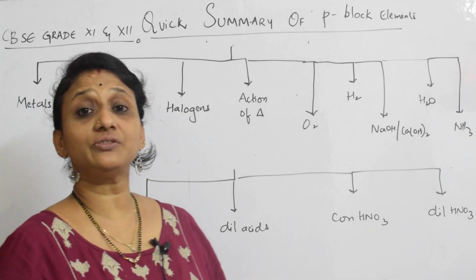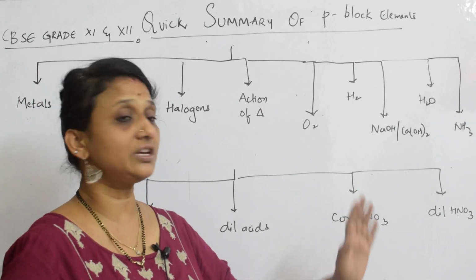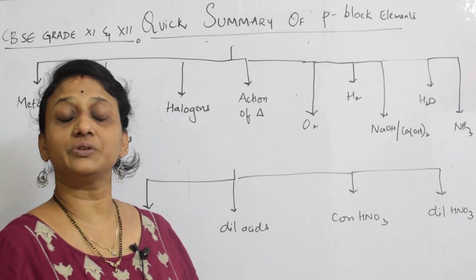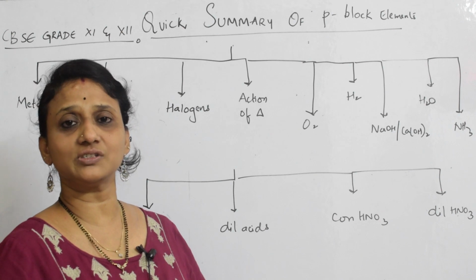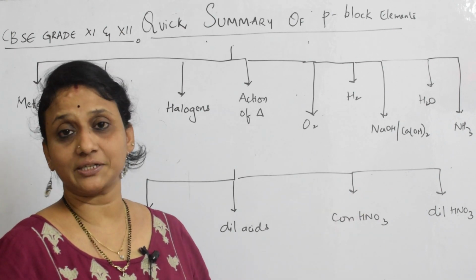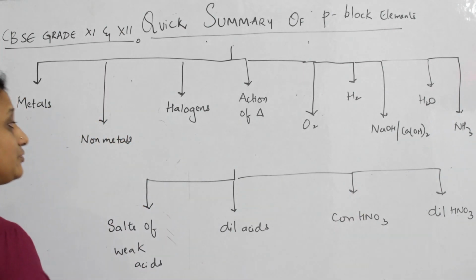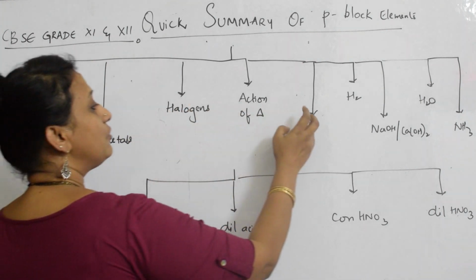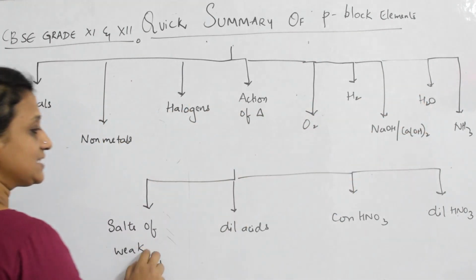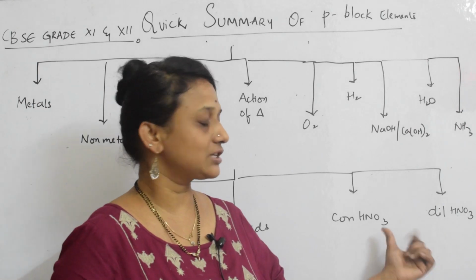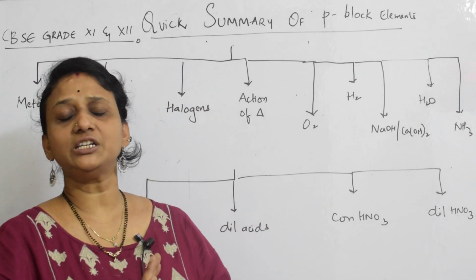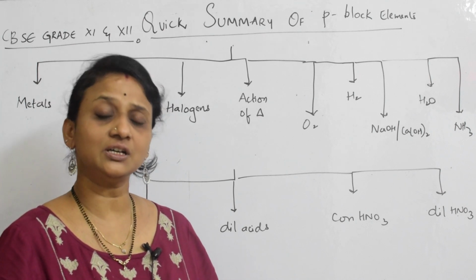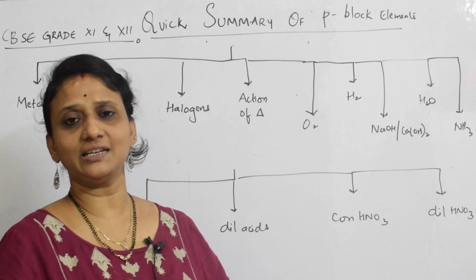After that, I'll be teaching reactions, very important, reactions of elements with concentrated nitric acid as well as dilute nitric acid. So together, how many categories do we have got? 1, 2, 3, 4, 5, 6, 7, 8, 9, 10, 11, 12, 13. If I have to club this, concentrated and dilute nitric acid come under one category, where I'll be teaching you both. That comes together with all the categories covered.